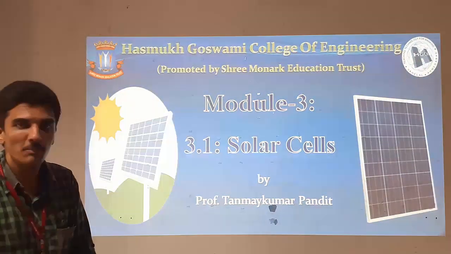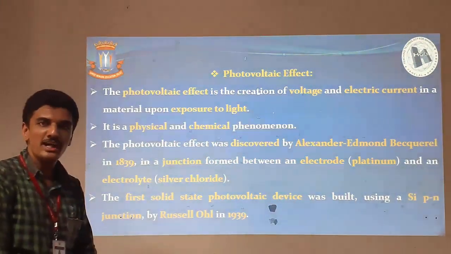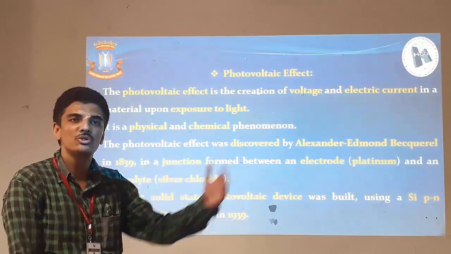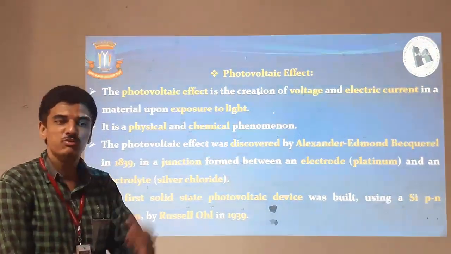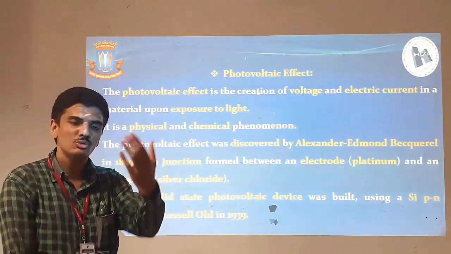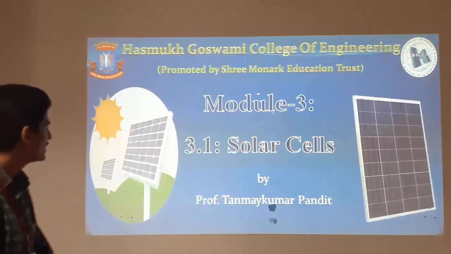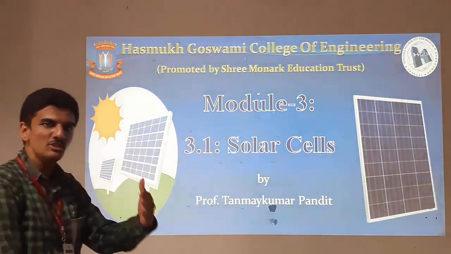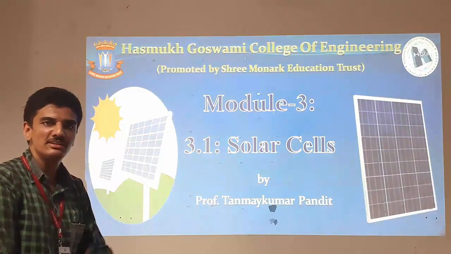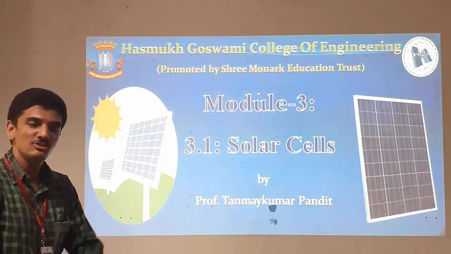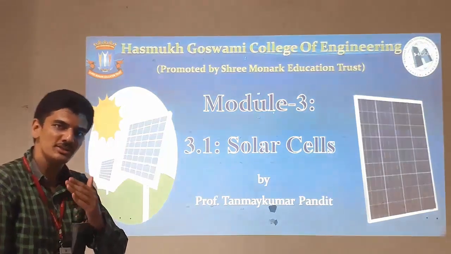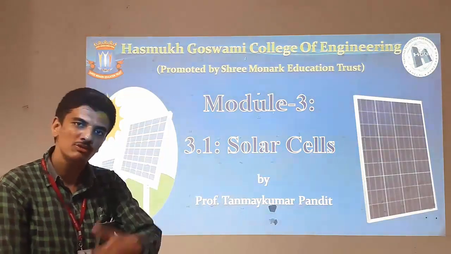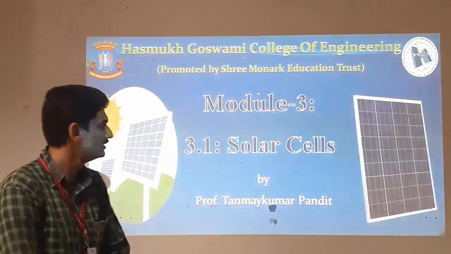about this particular topic. So in order to start the solar cell topic, first of all we have to understand the basic effect of photovoltaic effect, that is the photon energy usage. The solar radiations, as you have seen in this picture, will interact with the solar panel, and then you will be able to convert the solar energy into electrical energy. This effect of conversion of solar energy into electrical energy is known as the photovoltaic effect. The solar radiation, you can also consider as a photon energy source.